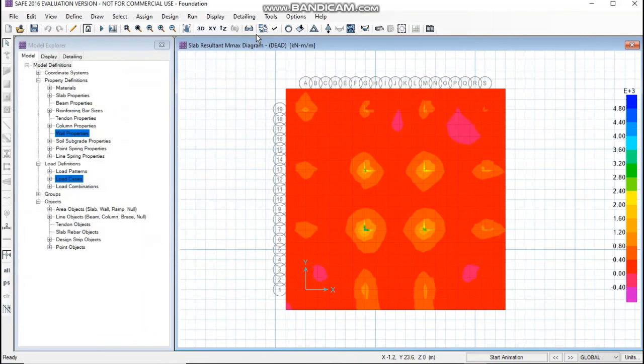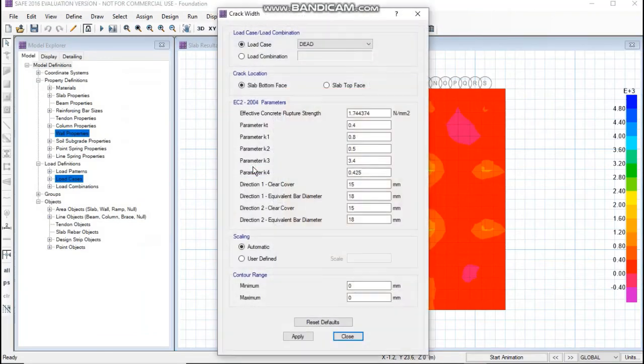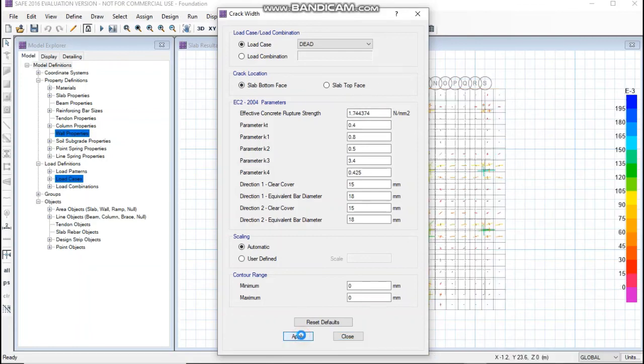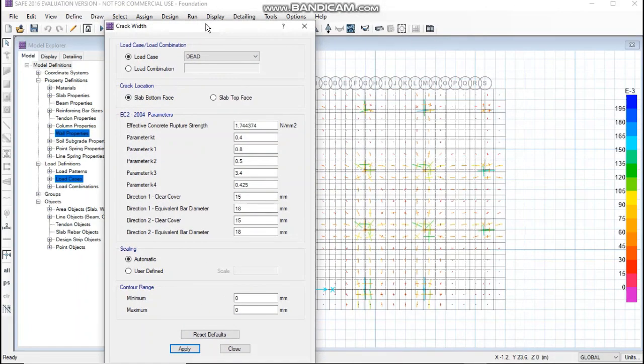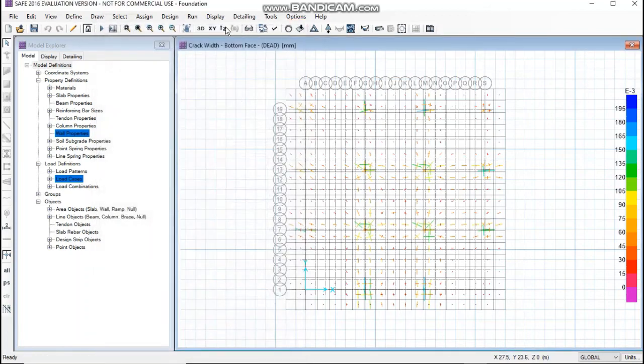So now just go to display and show crack widths. You can select the bottom face or the top face. Just click on apply and you can see the cracks. These are very negligible cracks because it is 10 to the power of -3 mm, so very negligible, no need to worry. So now just go to run